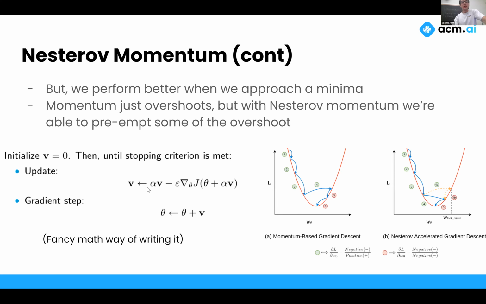Because remember, we look at our previous momentum and then we update that and we use that to inform where we're going, right? So here, even though this is going to move us backwards, that isn't going to send us entirely backwards. That's just going to mean that our momentum is going to decrease, right? Like here, the momentum is larger than it is here because here we're observing a decrease, right? And so, like I was saying though, we're essentially preempting the overshoot,